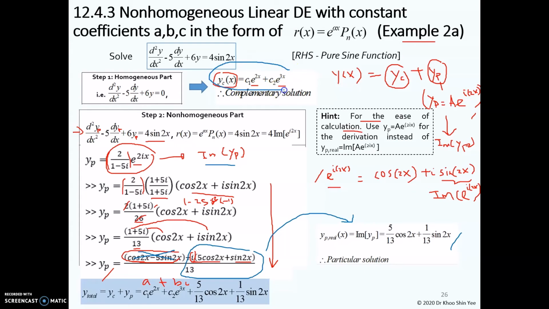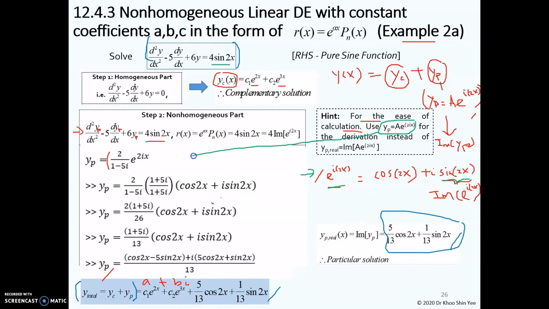Lastly, you can substitute the complementary solution and the actual particular solution into the formula here. So this is the final solution to solve this ODE. In this problem, you have the sine function on your right-hand side, and you assume the particular solution to be the exponential format, where you know from the Euler formula the sine function is located at the imaginary part of this exponential format. Therefore, after you continue solving the yp, you need to find the imaginary part, which is located at this component, so this will be your